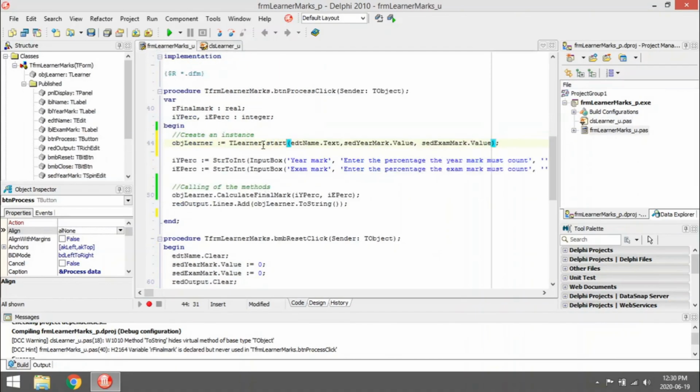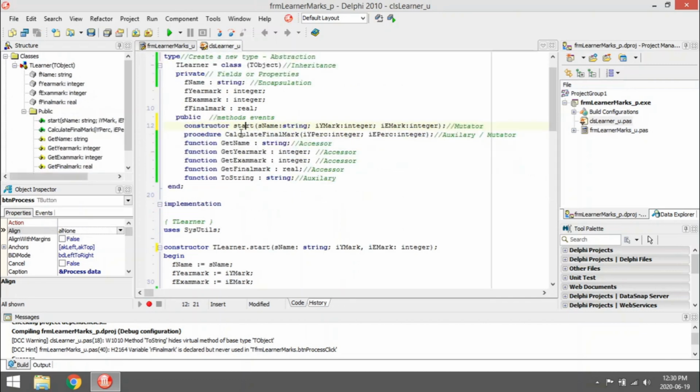So then you can't say tlearner.create, you should say tlearner.start to be able to call that constructor. Okay, so you can rename a constructor. Remember, a constructor is actually a procedure. It's not sending back a value for you.